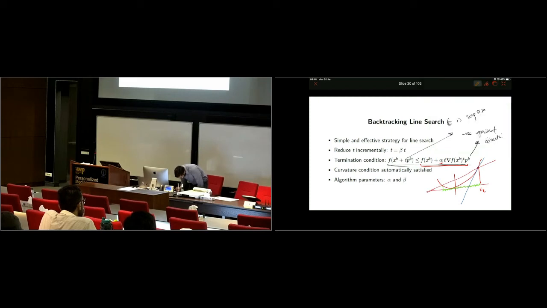Okay, I would start with a step size like this. And it would bring us here, this condition is not true. So I would multiply t with beta. Beta is a constant which is less than 1. So it would bring me here. It would say, okay, take this step size. Check if this is good. No, this is not good either. So I would decrease it again.